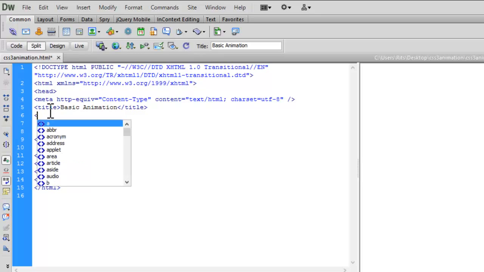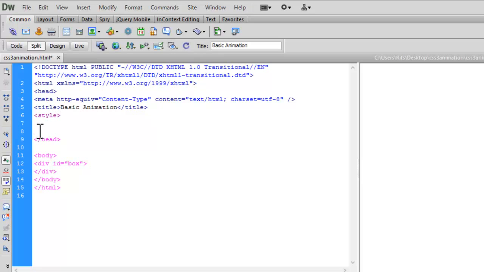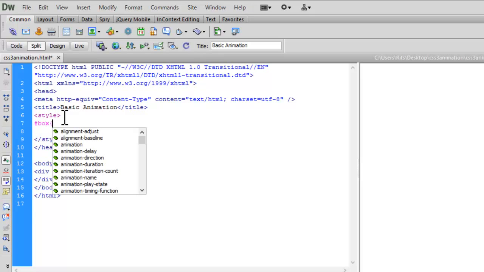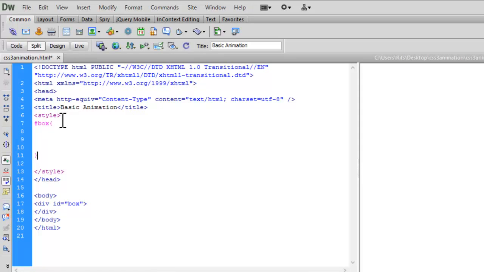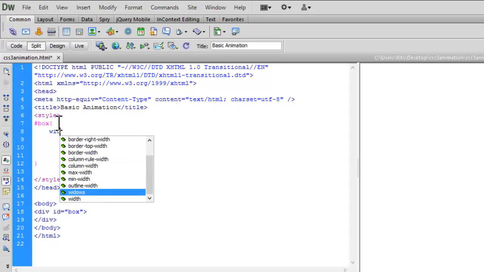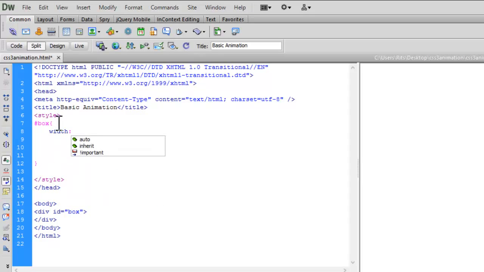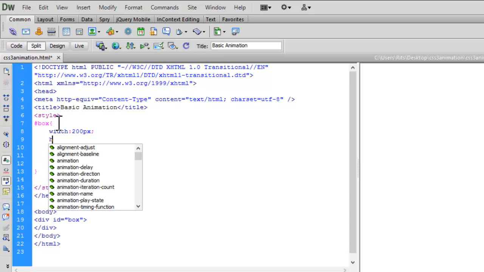Let me go to the head section as I am using an internal style sheet. Let me close this styling tag. Box. Now width and height for this box, I want this to be 200 pixels.